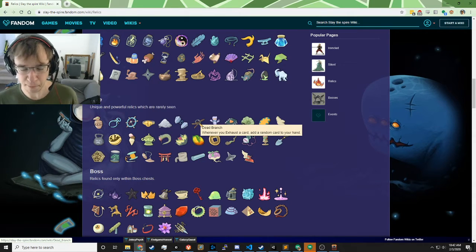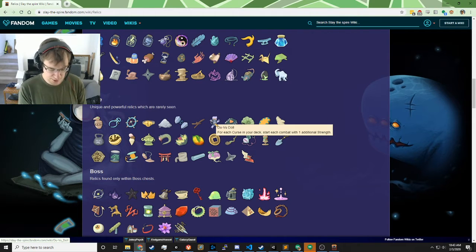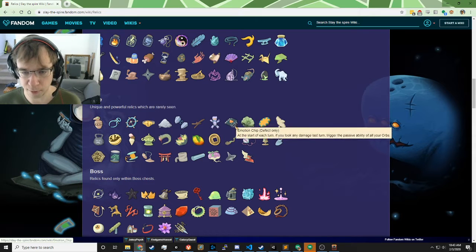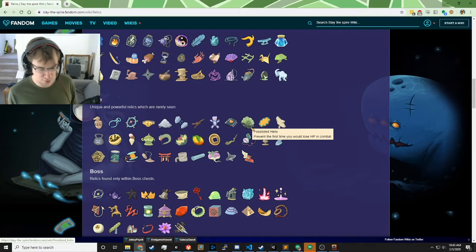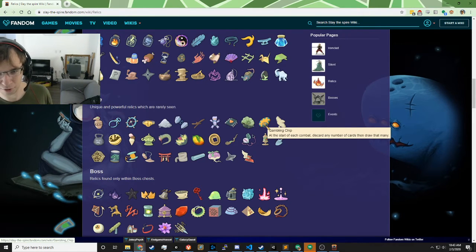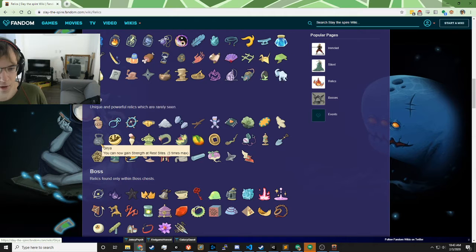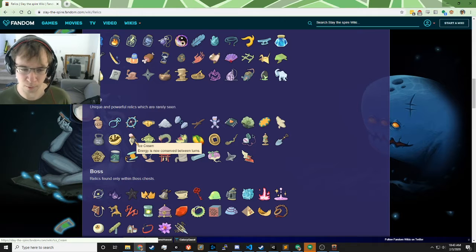Dead Branch is obviously amazing. Voodoo Doll is quite good. We have some good strength scaling and a couple of curses. So that's valuable. Fossilized Helix is amazing, especially if the heart does the big attack first. Gambling Chip is amazing. With such a huge deck, it's really nice to be a little bit more consistent. We can't get Ginger, we already have that. Girya's a waste, we're never going to use that. Goldeneye is quite good. Ice Cream is really good,